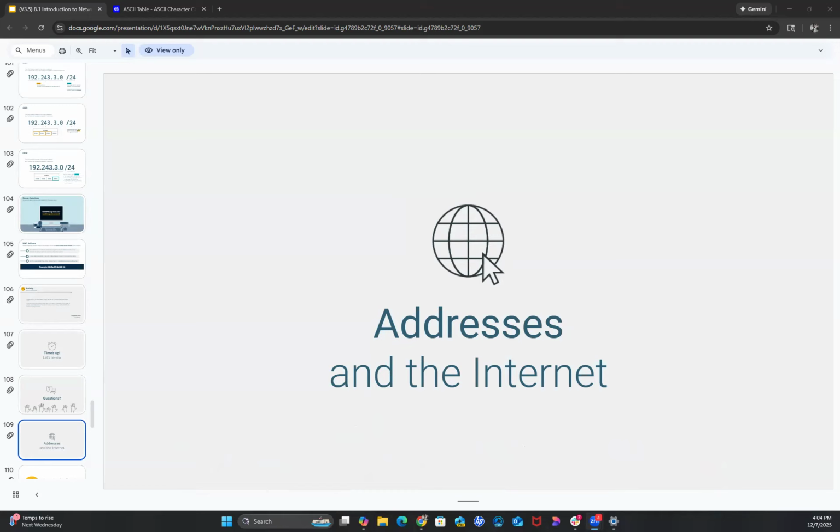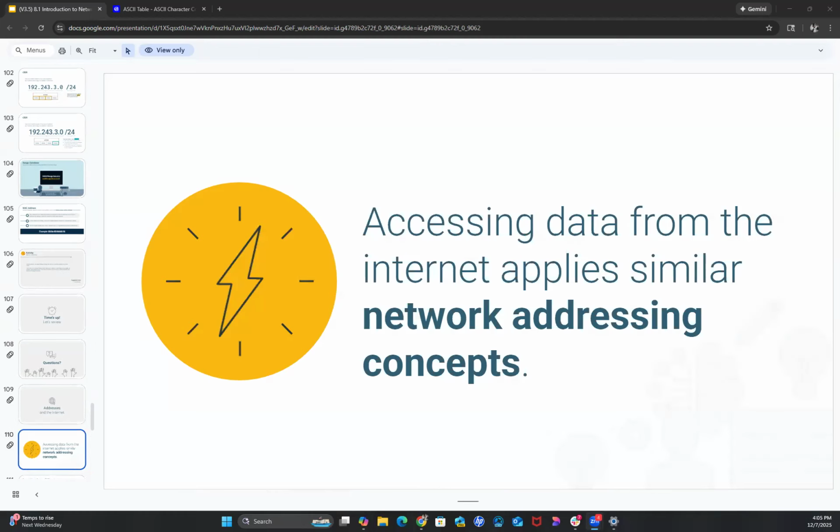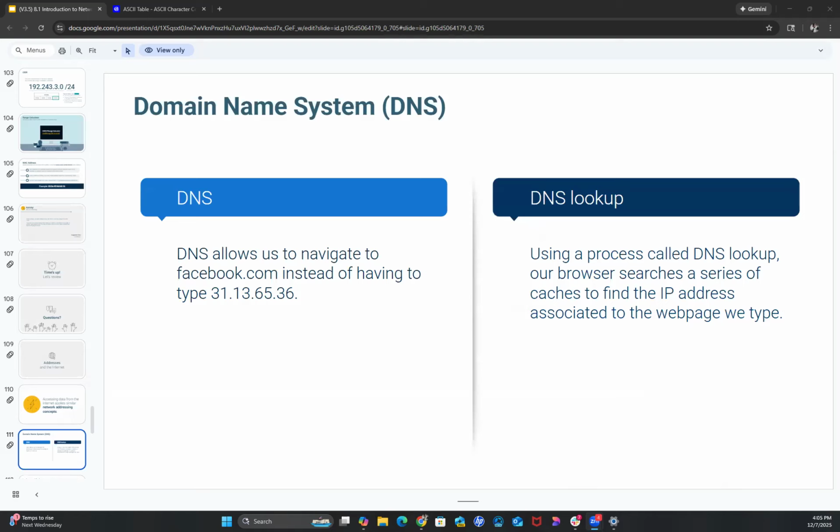So now chapter is addresses and internet. We just cover how network addresses access to direct network traffic to its final destination. So when you visit a website or browser, a similar process takes place. Just for example, if you need an image from Facebook, your computer browser need to get image from Facebook server. So Facebook